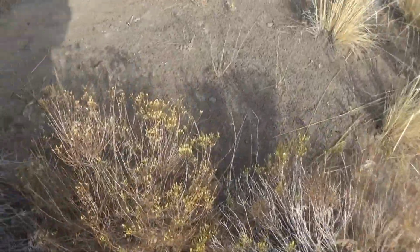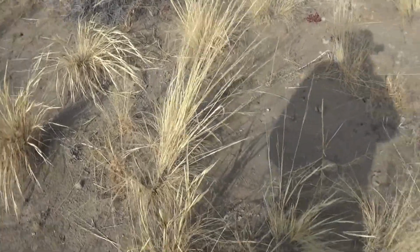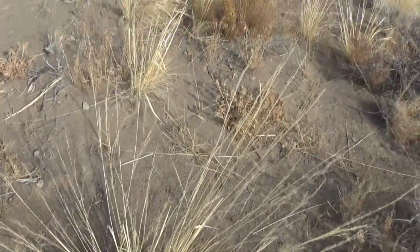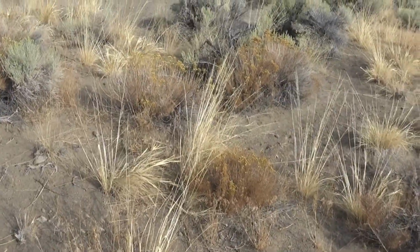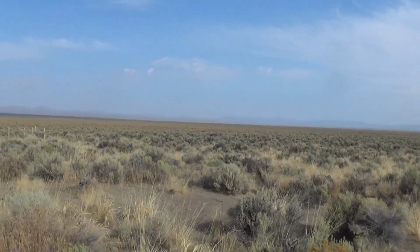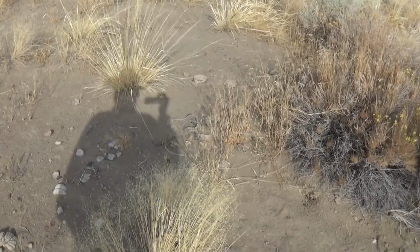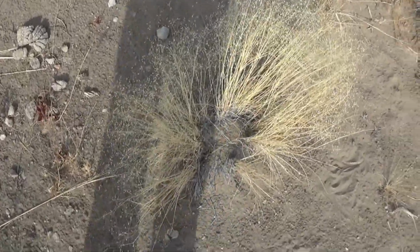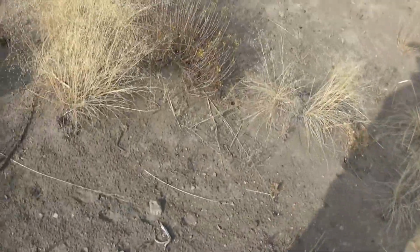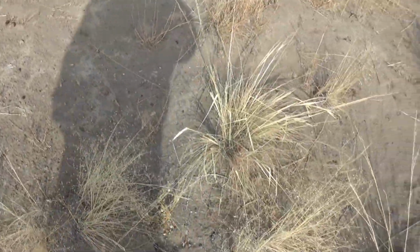More sagebrush of different kind. This is in bloom. This bunch grass is really great cattle and horse feed. When there was about 100 head of wild horses in this area, of course the area is huge, they kept this bunch grass eaten down pretty good. They just move in here and lunch up on it. There are different types of grass in different areas out here, but anyway, now